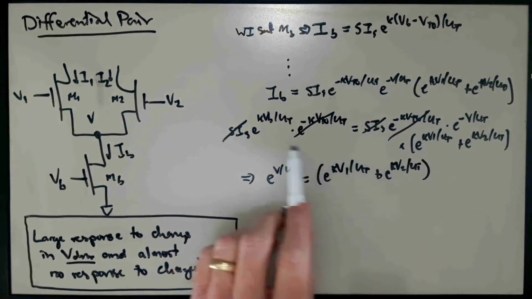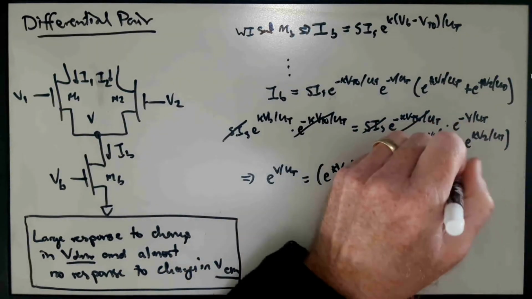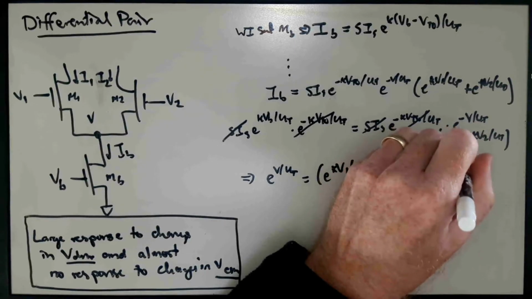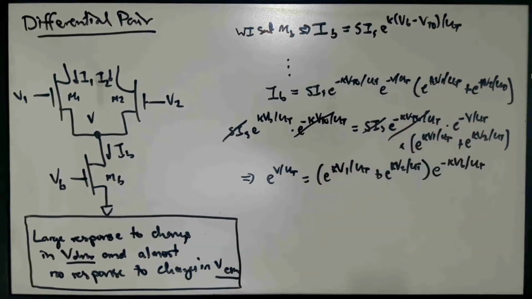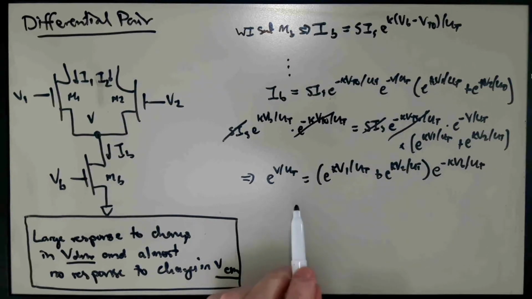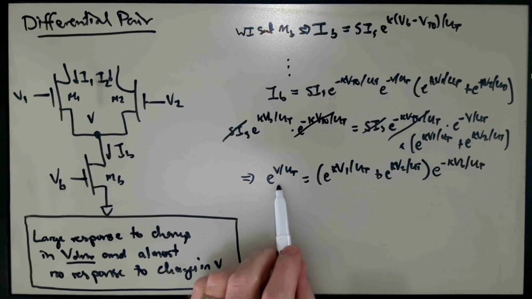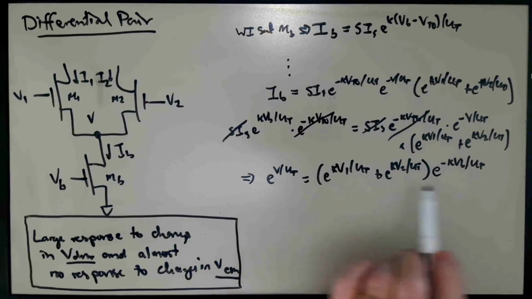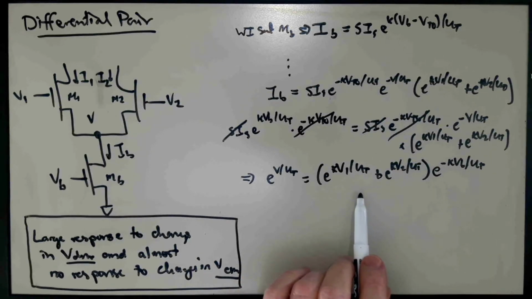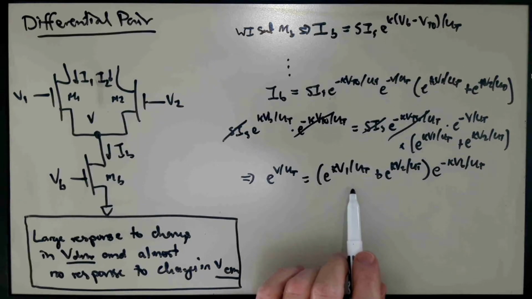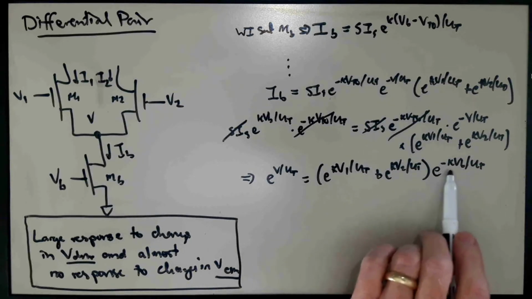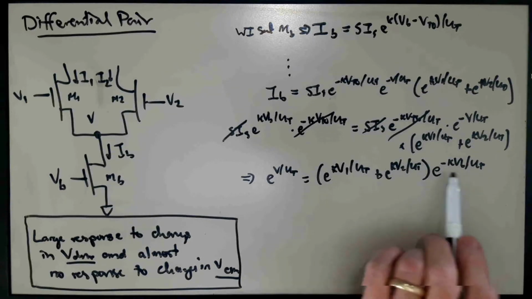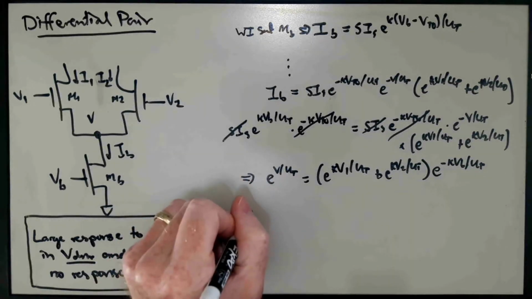and then we can move this e to the kappa VB over UT over to this side, and that becomes e to the minus kappa VB over UT. Now we want to solve this equation for V, and we can do that by taking the log of both sides, right? So the log of e to the V over UT undoes the exponential here, and we get V over UT. We can move the UT to the other side, and then we can take the log of this side, right? And we can use some properties of logarithms. So the log of a product is the sum of the logs, and the log of e to the minus kappa VB over UT would undo that exponential factor. And so applying all of those steps,